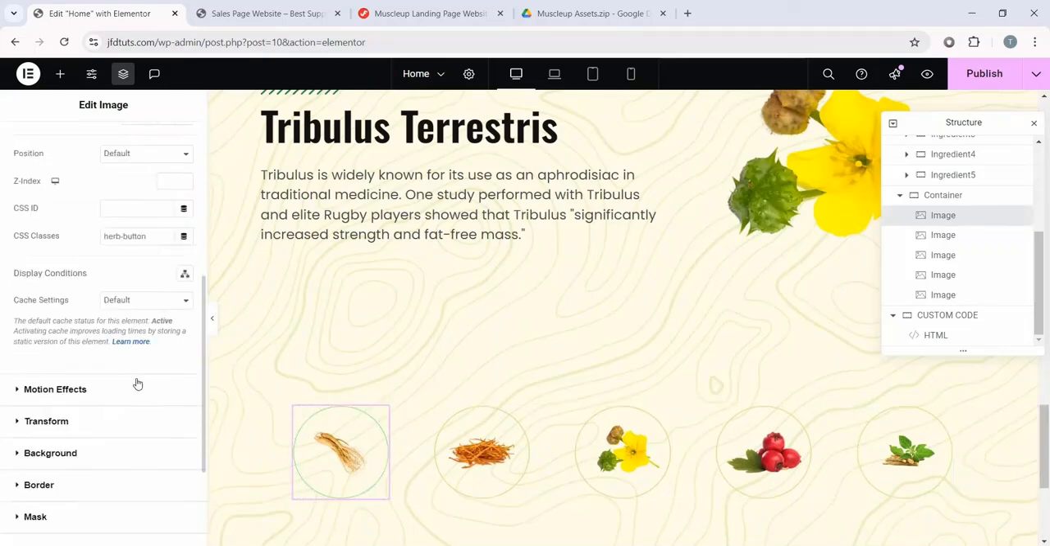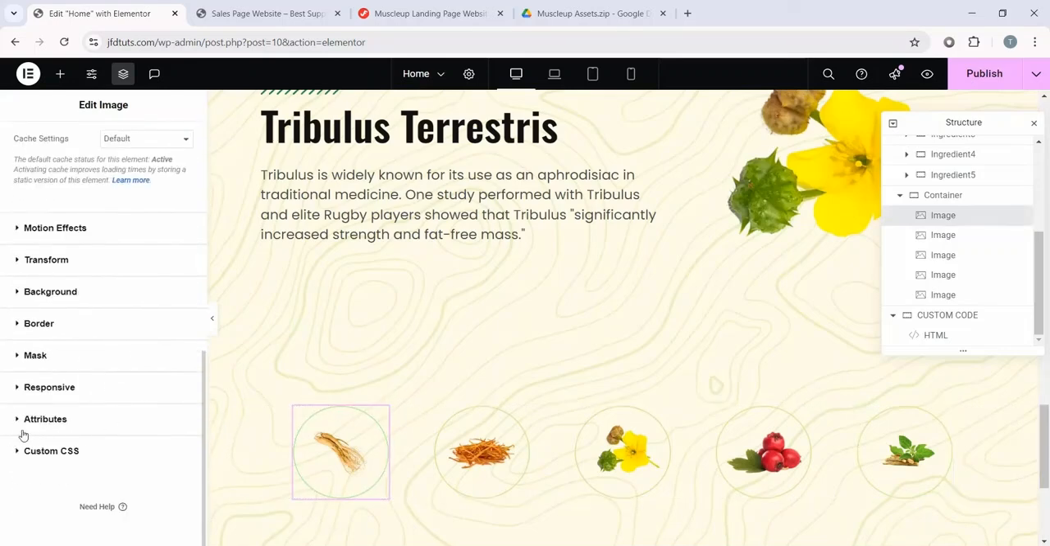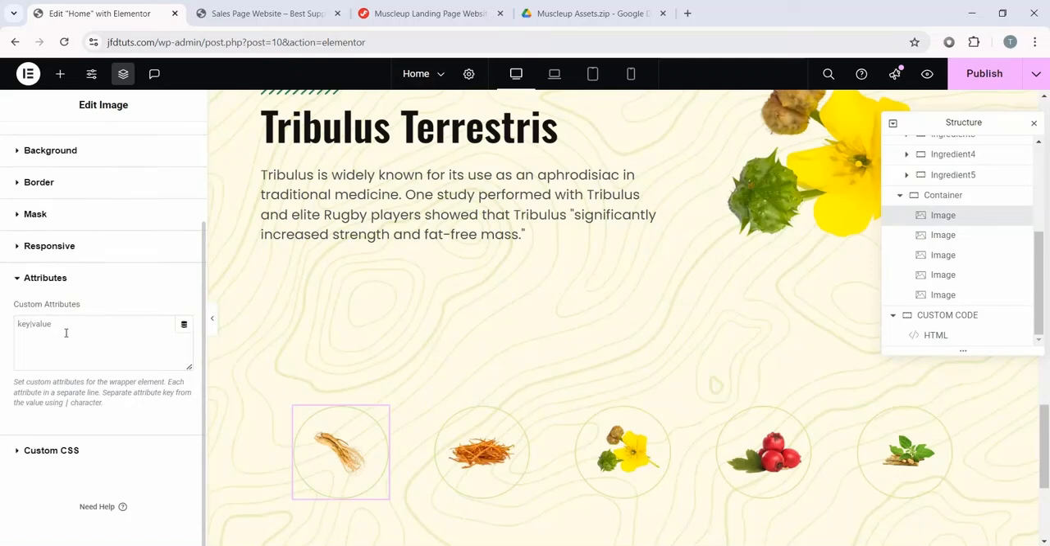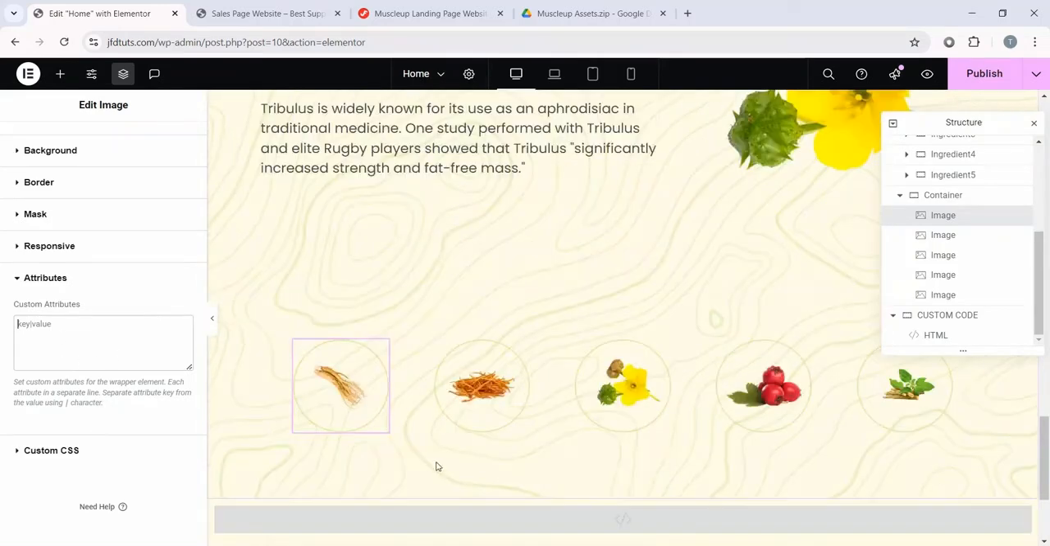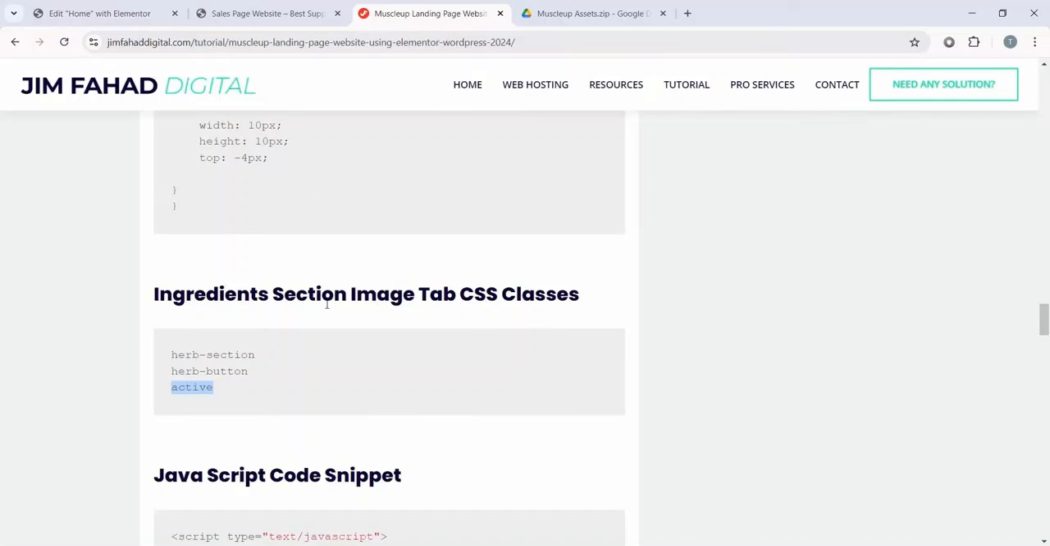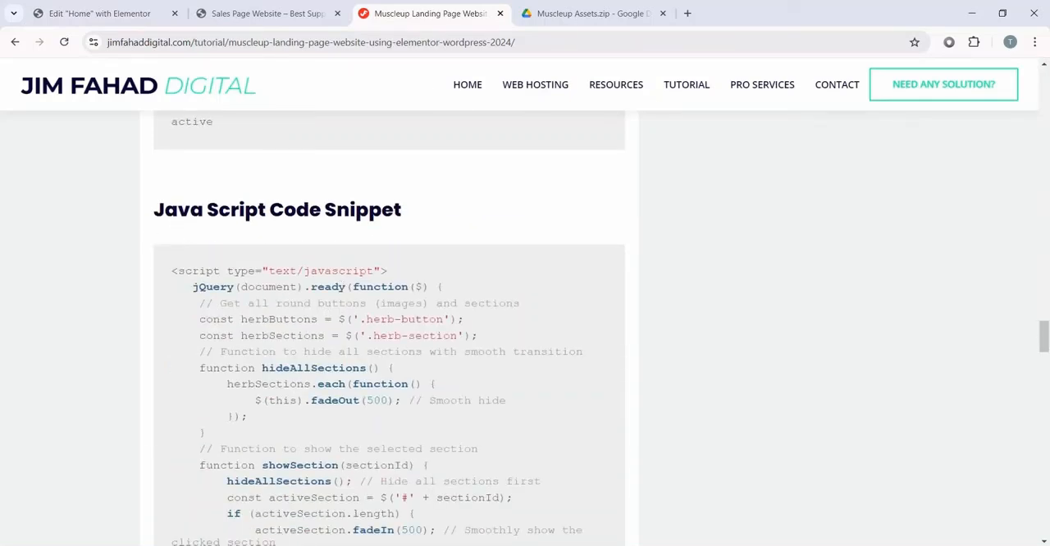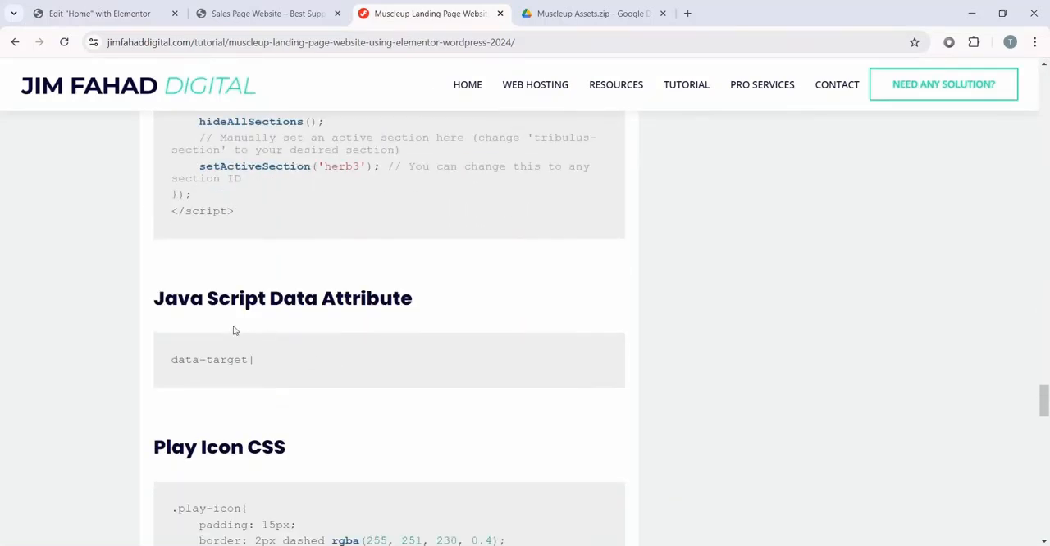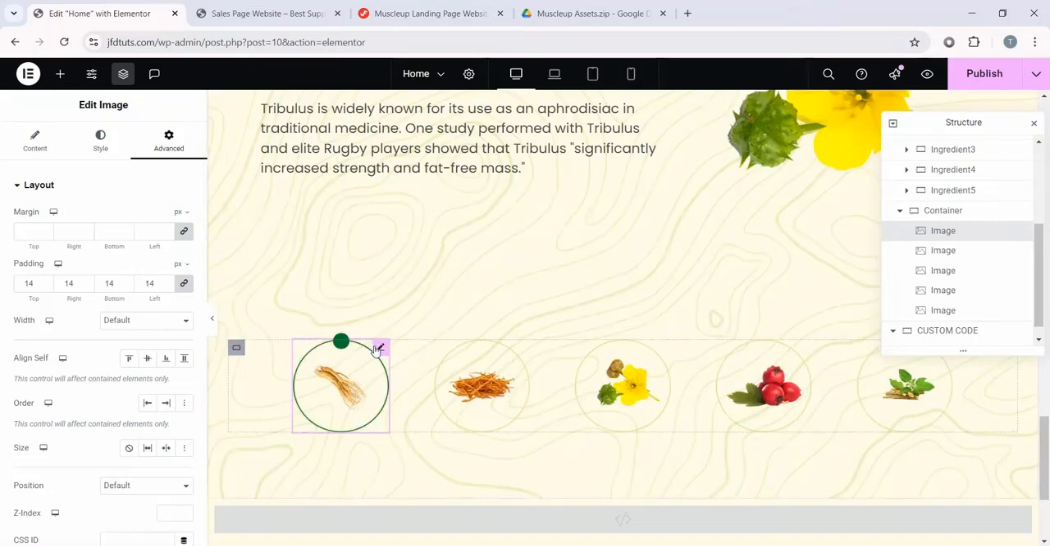If you scroll down, you'll have this attributes option. In the attributes option, in this field, we have to put a key value for the items. So in this button's key value, there should be a code for this section. If you go to the JFD website and scroll down, even after this JF snippet, you'll find this JavaScript data attribute. From here, just copy this simple code, go back here, and on the first image,